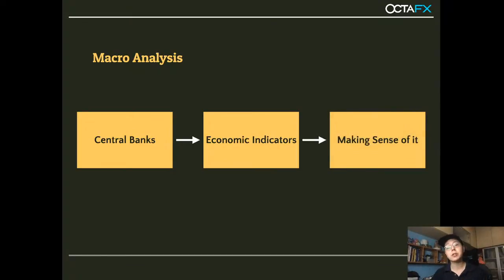The first part is of course the central bank. Every country will have a central bank. For example, in Malaysia, we have Bank Negara. That's our central bank. If you're based in Singapore, then the central bank is MAS, the Monetary Authority of Singapore. And if you have a little bit of macro and fundamental know-how, you know that when you trade USD, the central bank is the Federal Reserve. And in the Euro, you have the ECB, the European Central Bank. So each country would have a central bank.